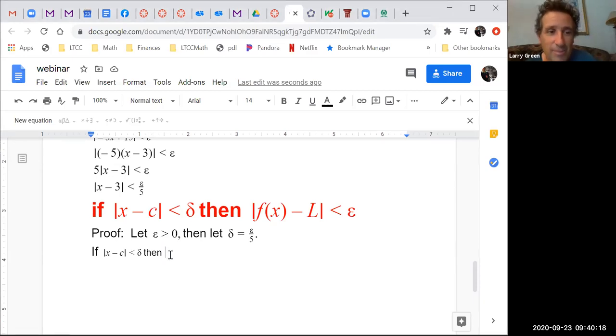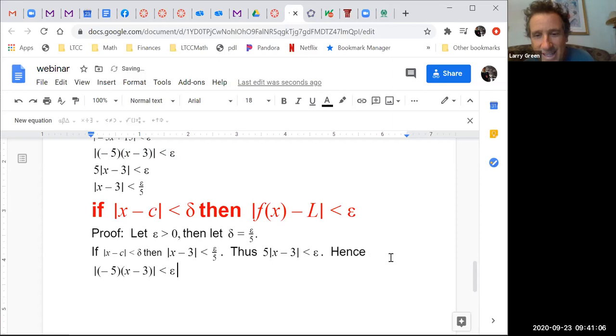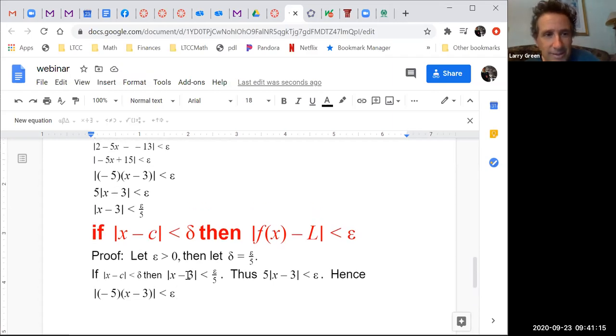Okay, so again, I'm doing this maze backwards. Well, I substitute in. c is 3, delta is epsilon over 5, so I can copy and paste this. Thus, I can multiply by 5. Again, all the work's done for us. I'm just copying and pasting away. Hence, I love putting these extra words in. They all mean the same thing. Well, if 5 times the absolute value of x minus 3 is less than epsilon, I can say that's the same thing as saying the absolute value of negative 5 times x minus 3 is less than epsilon. Those are equivalent, right? So it follows that